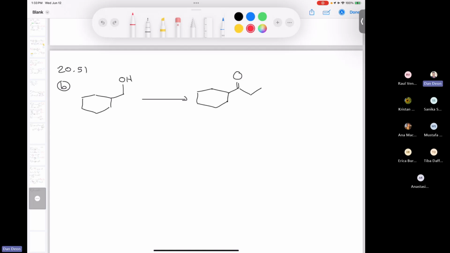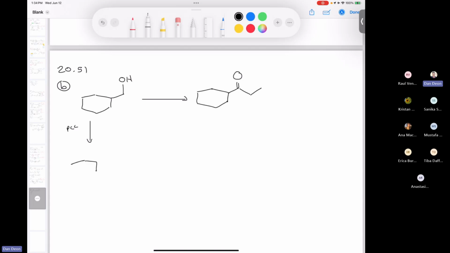Yeah, I'd say either way is fine. You could either use the acid chloride or you could use an aldehyde. So let me show you how to do it using an aldehyde. So the idea is this: if we have the aldehyde, so if we oxidize the primary alcohol using PCC to